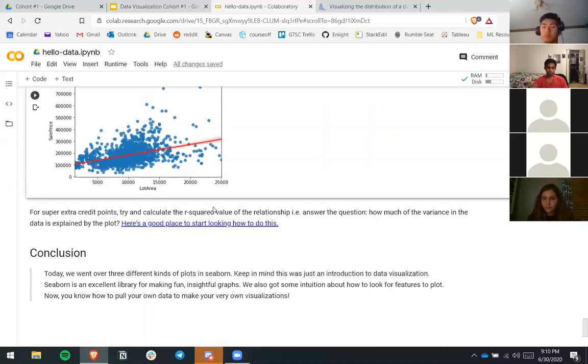But yeah, that's going to wrap this up. We went over 3 different kinds of plots, and we learned a little bit about seaborn, and we kind of thought about how do we pick features to use for plotting data. Sometimes you want to use strictly categorical variables, sometimes it's quantitative, sometimes it's a little bit of both. And then one step further, which variable does it make sense to examine the relationship of? And most of the time this actually falls onto